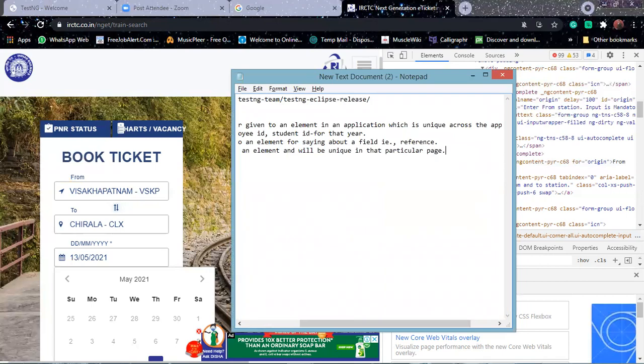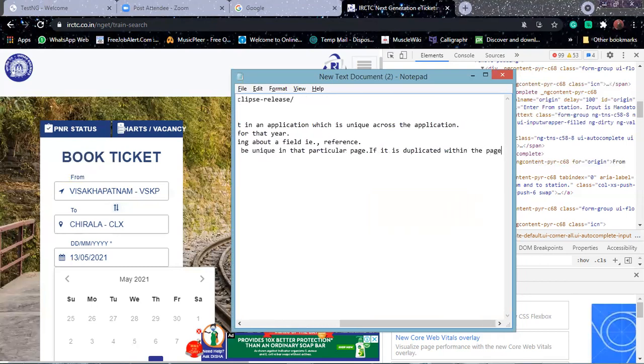If it is duplicated within the page, then the first occurrence will be considered.